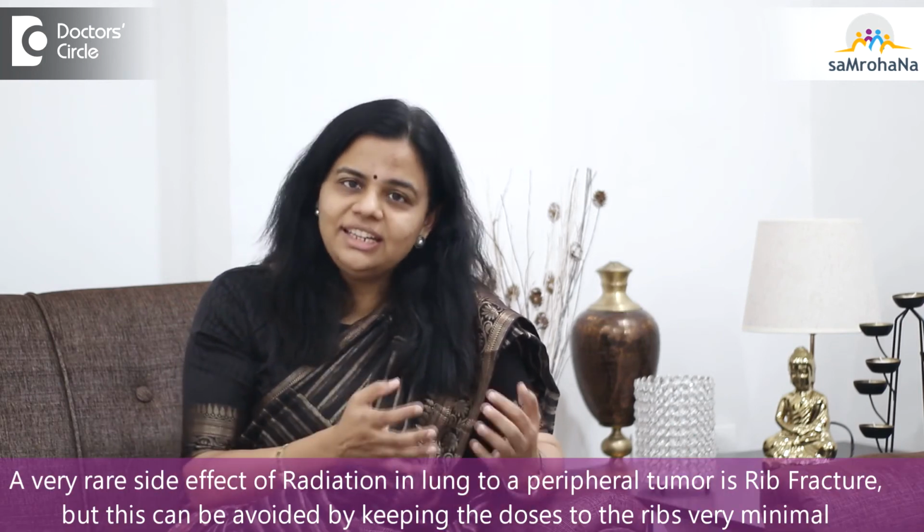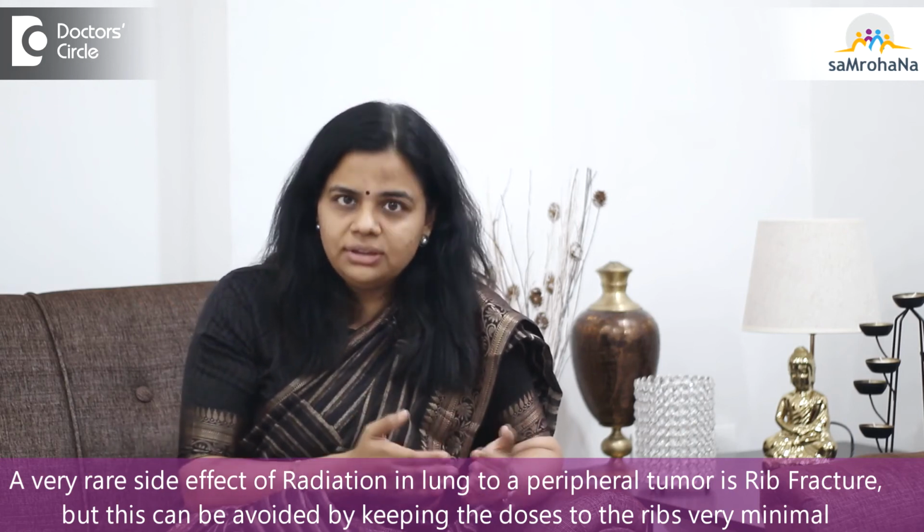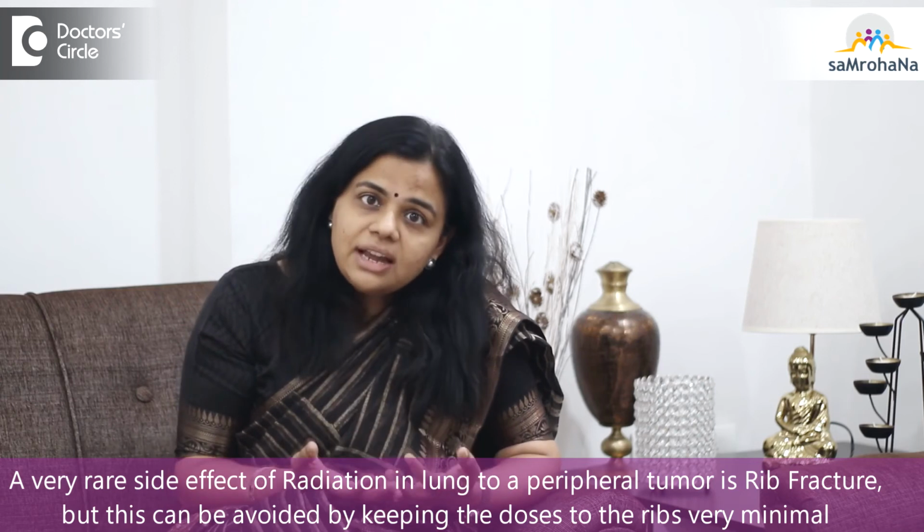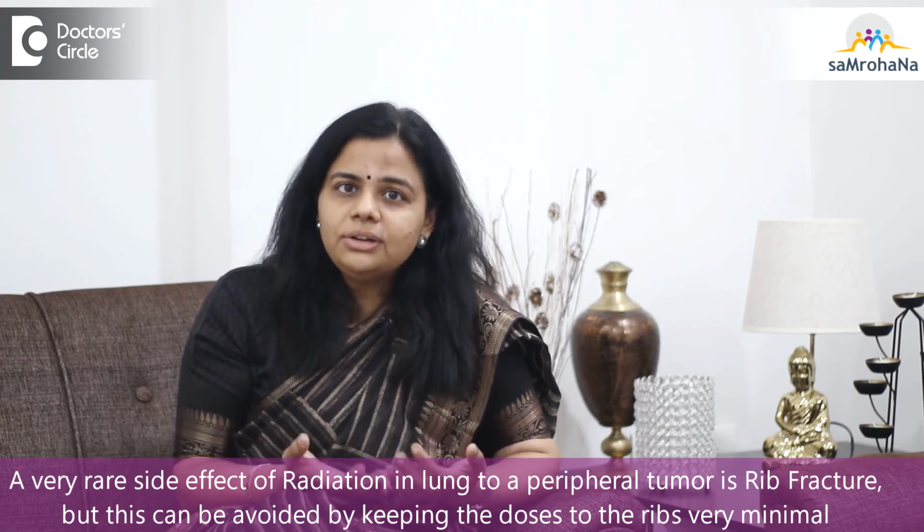A very rare side effect that happens after SBRT, wherein large amounts of radiation dose are delivered to a tumor that is very peripheral or near the bone ribs, is rib fracture. Again, it is very uncommon, and it can be avoided altogether by keeping the doses towards a rib minimal or